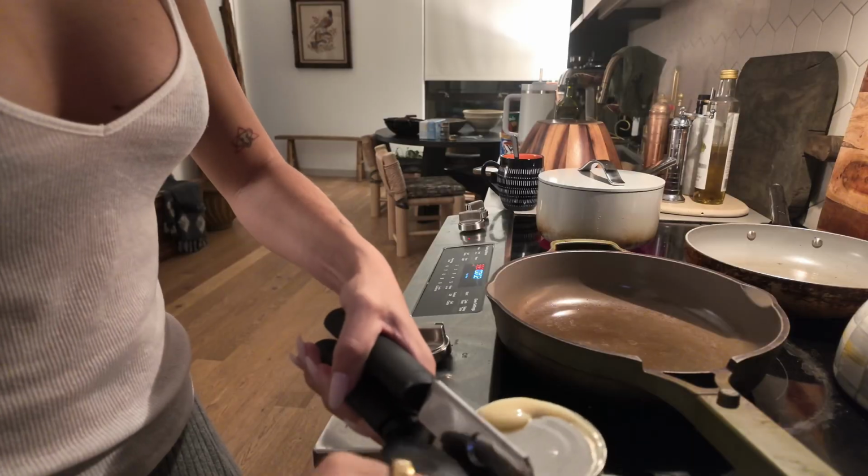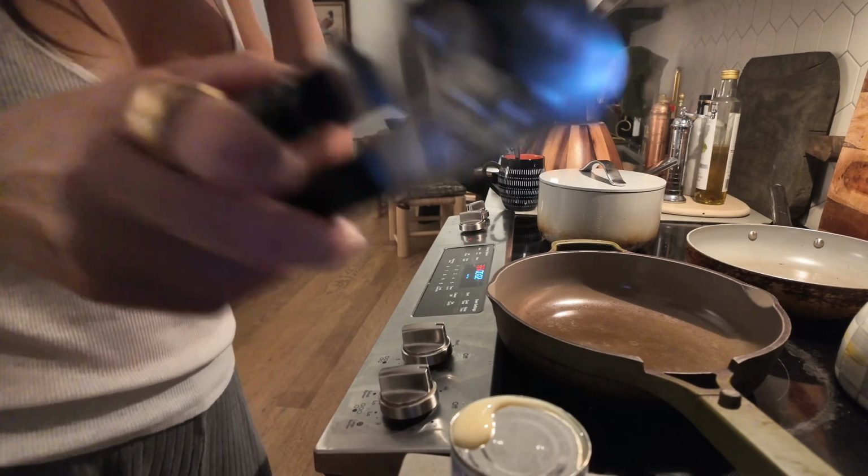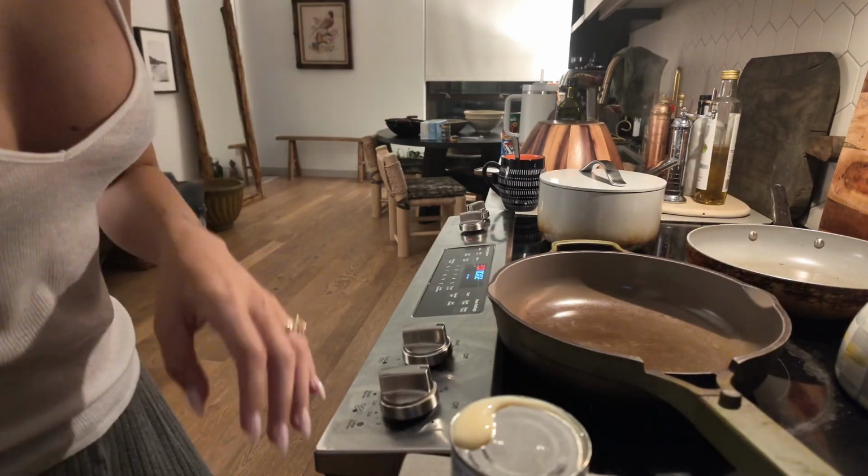As a child, my mom would always have condensed milk in the house, and something that we would always do too